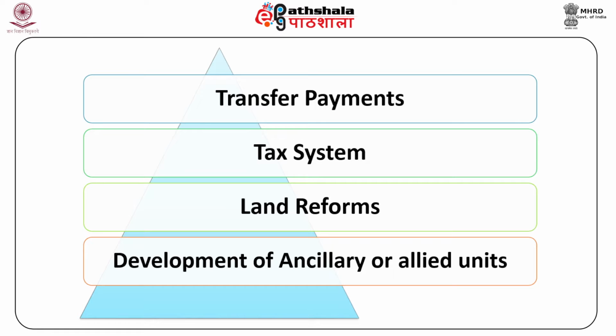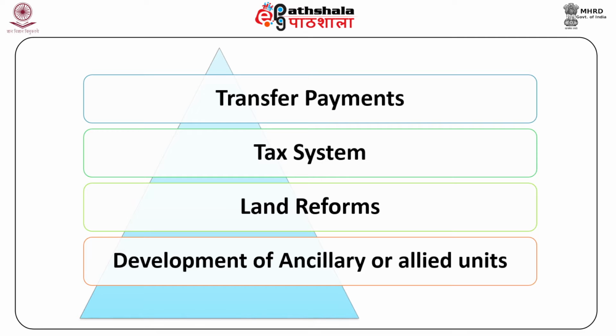Next is tax system. Generally, redistribution is attained through general taxation. A high income earner would be paying a higher tax while a low income earner would be paying a lower tax rate. In this way, the benefits are provided to the poor or who pays less or no taxes at all, though people prefer to have benefits directly in the form of cash or cash assistance in some form.